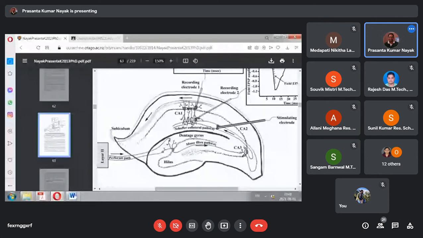In fact, CA1 cells are called pyramidal neurons. So they look like these pyramids. We have taken a slice of that, and we have made an image to analyze c-Fos. Similarly, if you look at this one here, this dentate gyrus has been taken as an image to estimate c-Fos